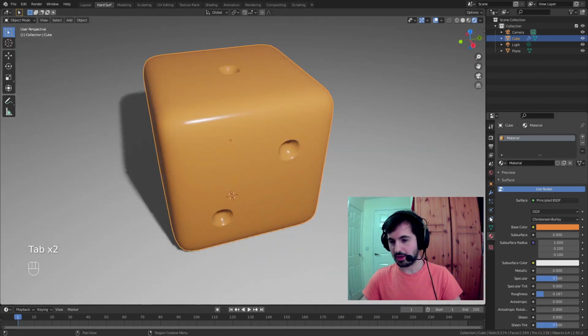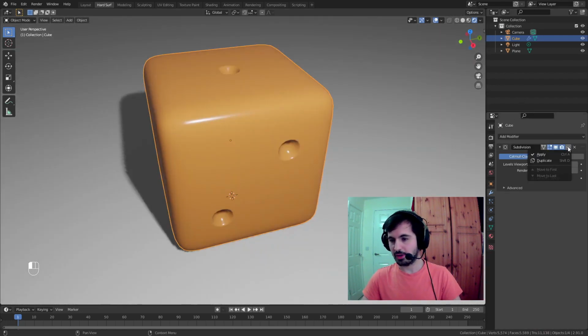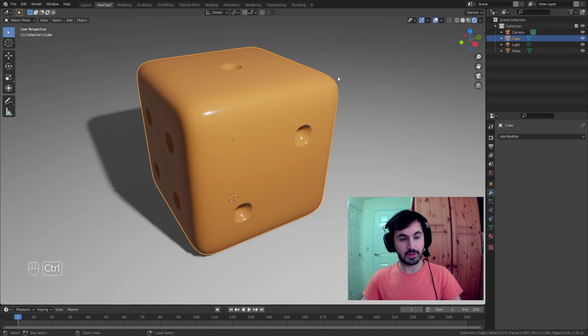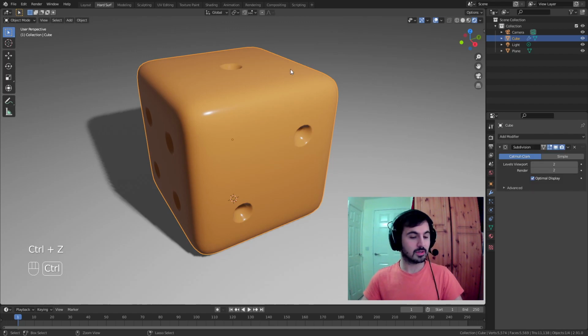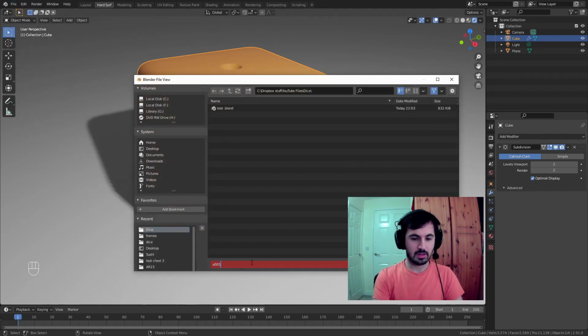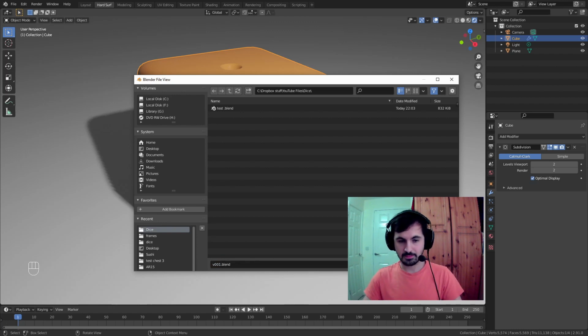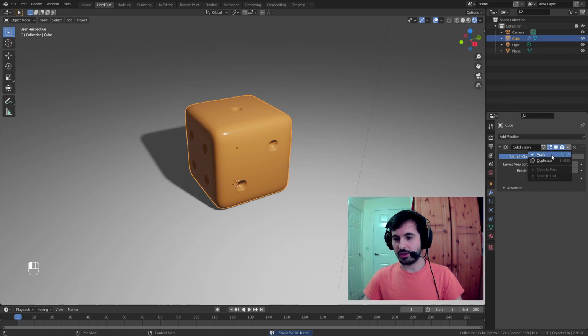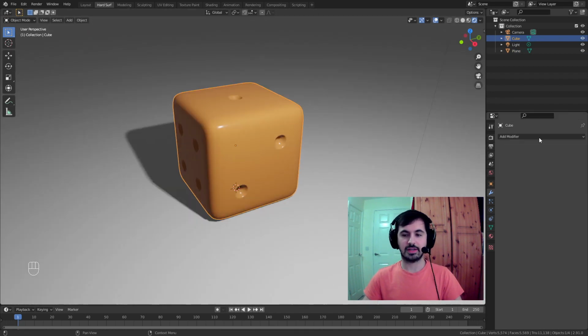So what we're going to do now is we're going to apply a subdivision surface modifier. Normally before that, actually, I'm going to go back. So a good practice to do at this point is actually just to save it. So I'm going to save this and call it V001. And there we go. Now I'm ready to apply this, because every time that you do this, that's a destructive